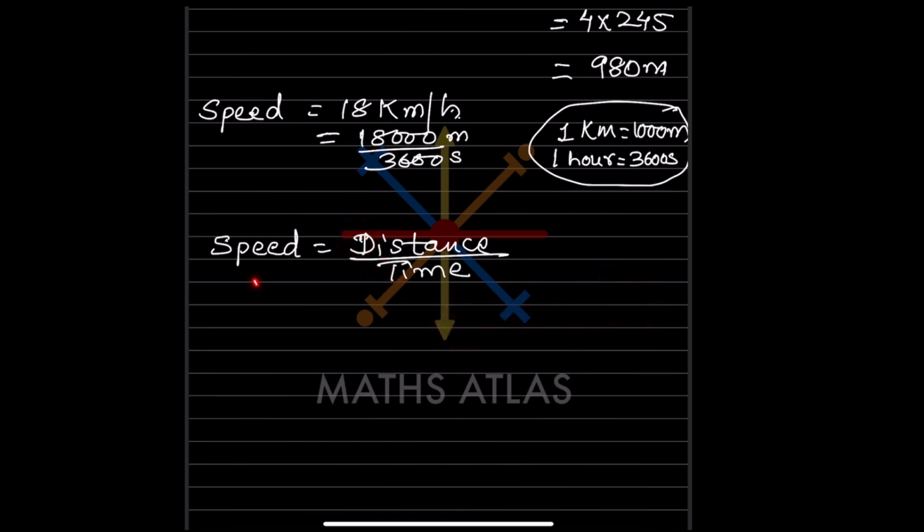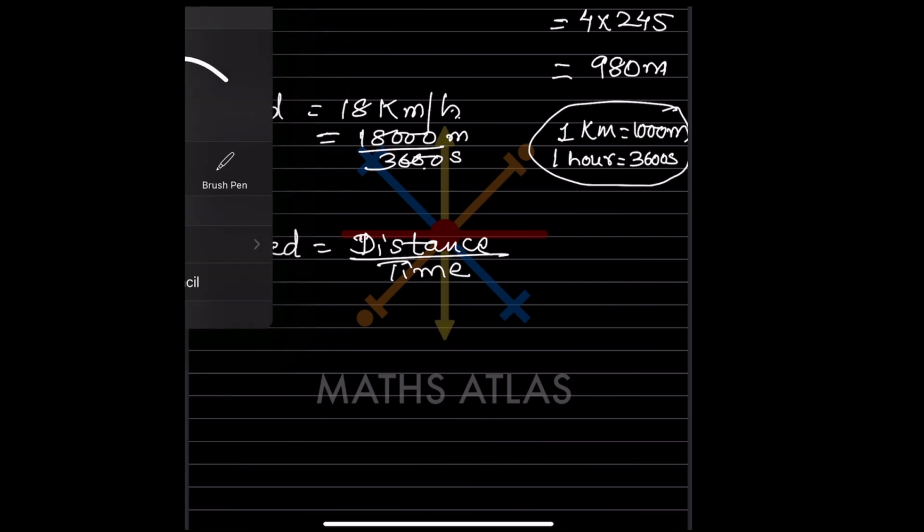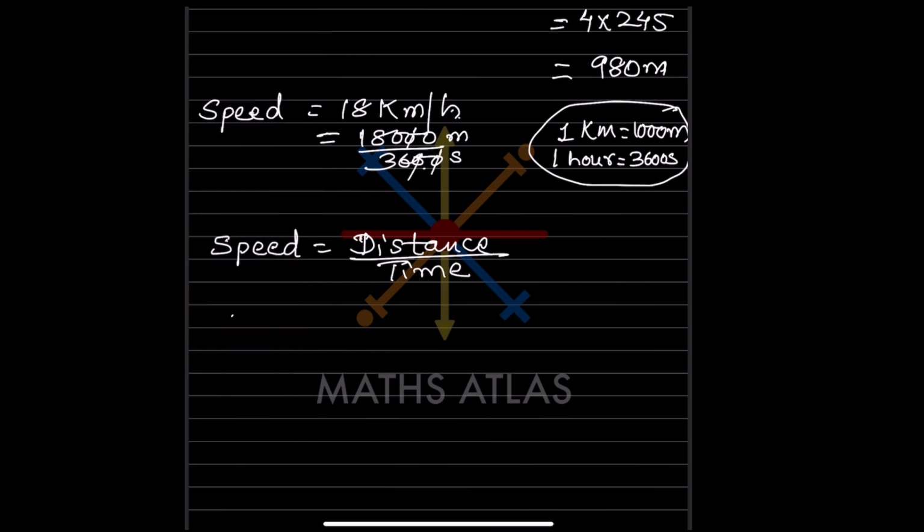So now the speed is given. So what are you going to do? Your speed is given and we have done it here. And if you want, we can simplify this one. This and this get cut, this and this get cut. So we can write here, still further you can simplify. You can just make 180 by 36 meter per second. So we can write here 180 by 36 below